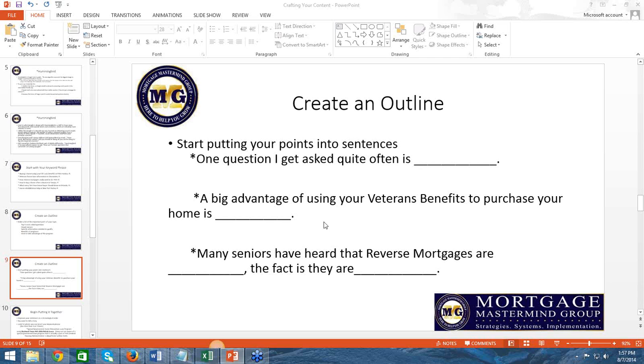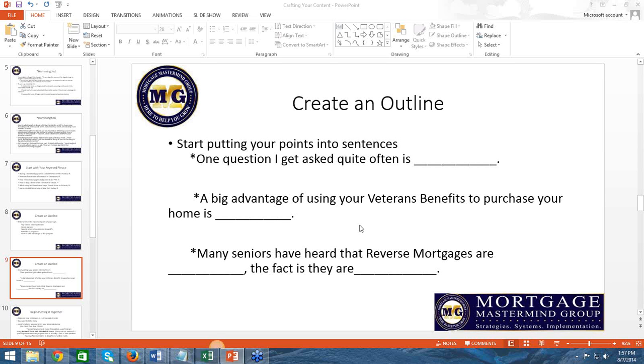Coming up with content does not have to take forever. It does not have to be a daunting task that you spend hours and hours doing. But what it can be, if you structure it the right way, if you do it in a formula, put your bullet points out there. Come up with your topic. Know who your target is. Put your bullet points out there after you've come up with your keyword phrase.